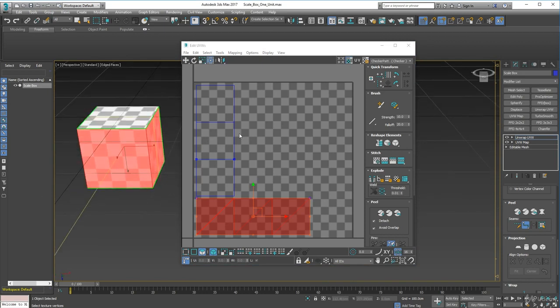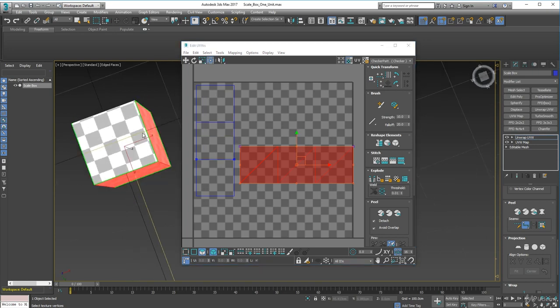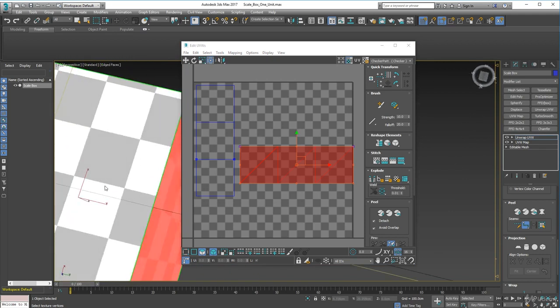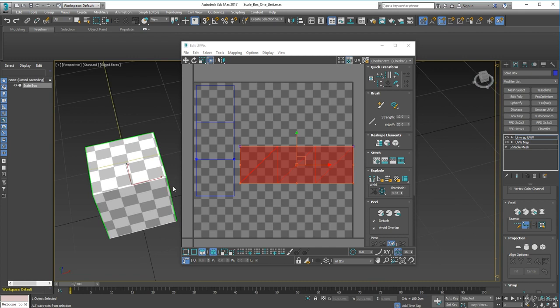But it's not very well laid out, because I want my texels to be bigger. I want my image to use as much of this space in my texture as I can. So I can move these. Don't worry about where they sit within the image, because you haven't got the image yet, so it doesn't really matter. And seams, if you're worried that the box is not quite good, it's irrelevant. This is just to give you a guide and to get the scale right throughout your